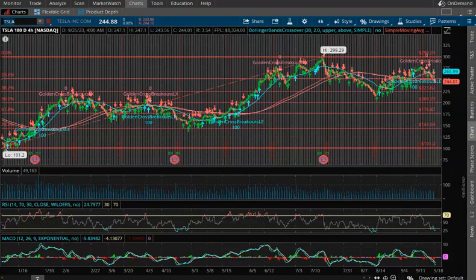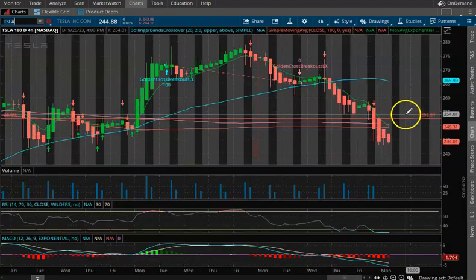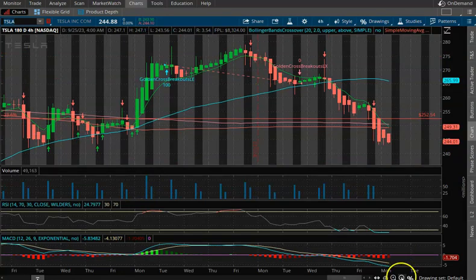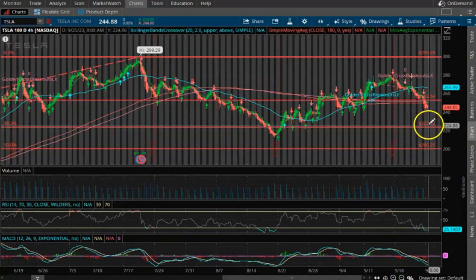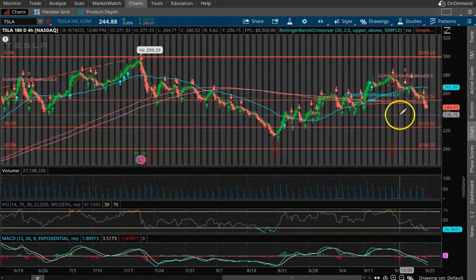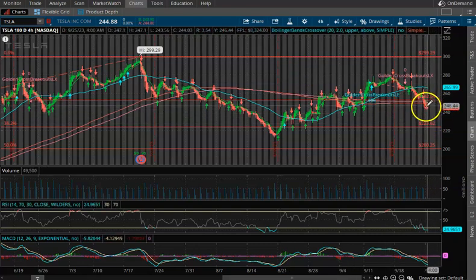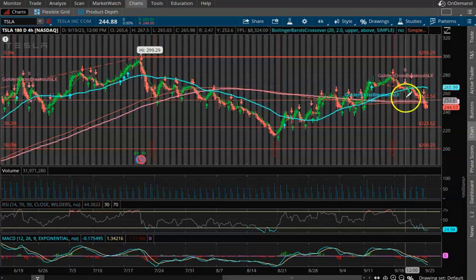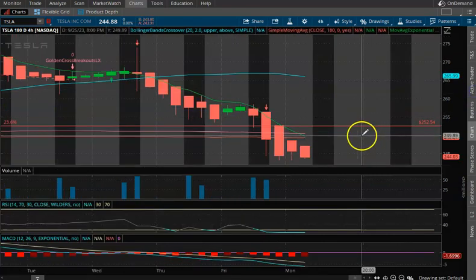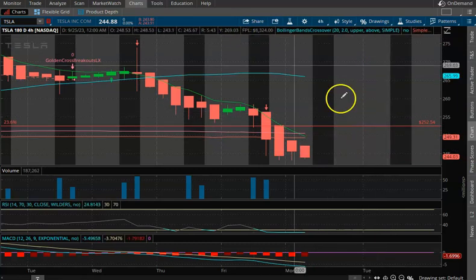So next up is Tesla, ticker symbol TSLA, and this thing is extremely volatile, and it broke below the support of 252, currently undervalued, and your next level of support here is 223.62. So that's where I would be looking to add here. So if it comes down into the 220s, then I'm a buyer of Tesla, no doubt, to add to my position. If it pops its head above about 252 and some change,